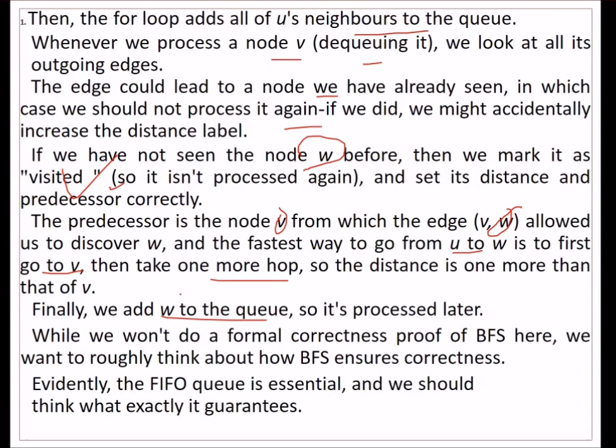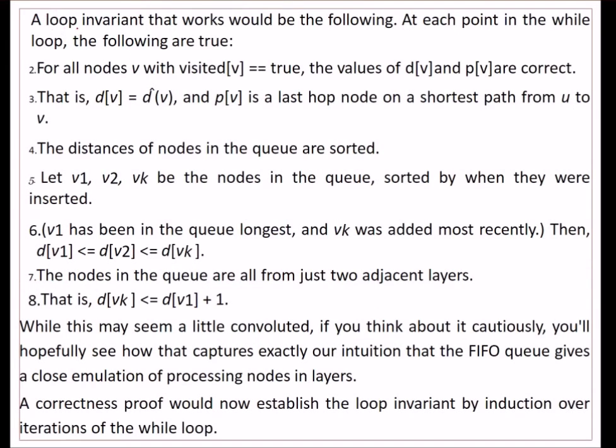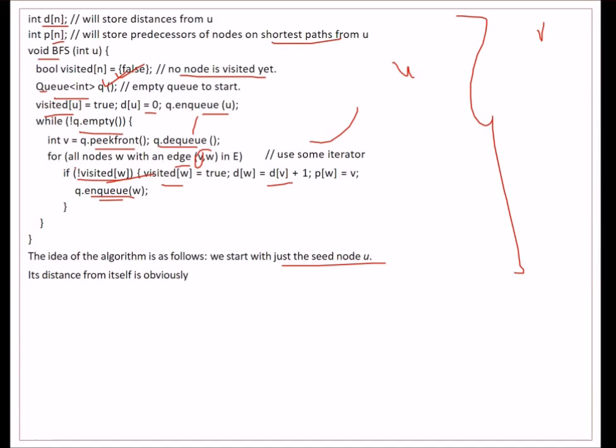While we won't do a formal correctness proof of BFS right now, we want to roughly think about how BFS ensures correctness. Because we have discussed why a FIFO queue is essential, we need to think about whether it provides what we want. So a loop invariant, as I suggested in our earlier discussion, has to be included, and it would work like this: at each point in this while loop,